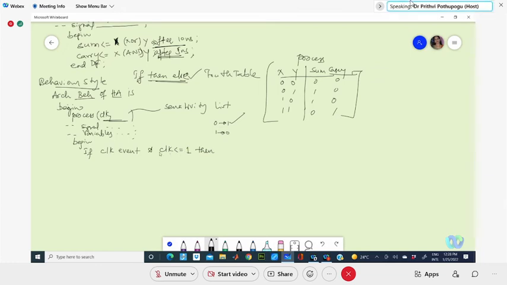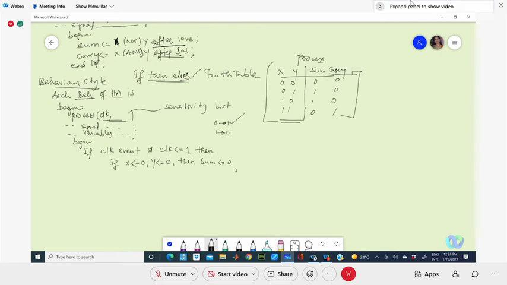Okay. Then we need to start this now. Then one more if I am starting: if x is equal to 0 and y is equal to 0, then your sum is 0.